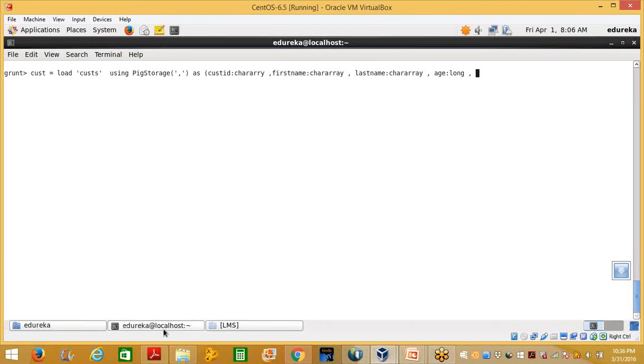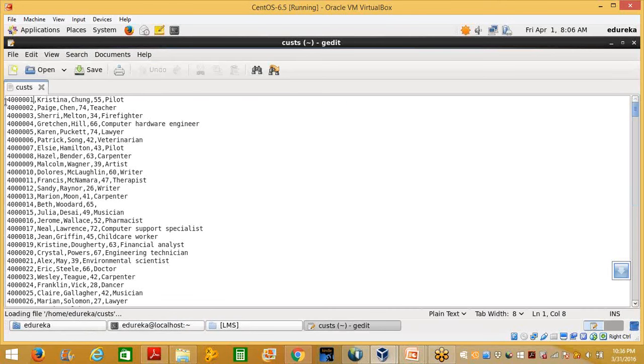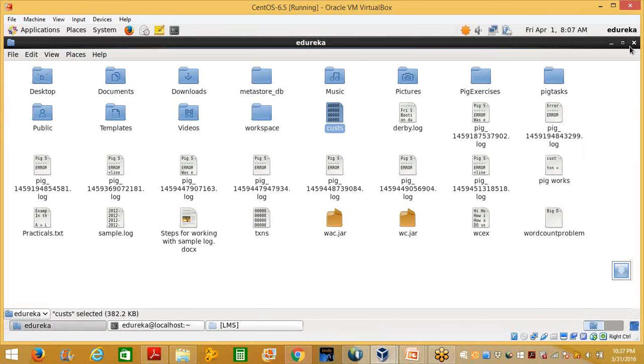In the file system, it assumes that it is existing within your Hadoop development environment by default. So that's the reason this fs is getting executed. But if you want to change the directories,